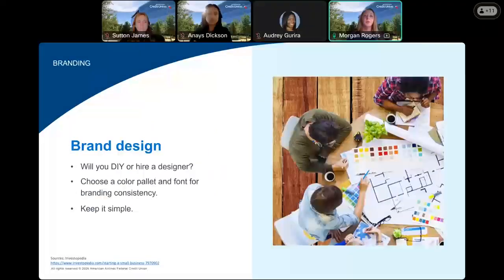All right, let's move along to branding. This next step we will talk about is not really legally required to start your small business, but it is important to consider what branding design you will select for your business. Branding means a lot of different things, but start with considering the visual design for your business, similar to a logo. Consider the colors and fonts that you would like to use for overall feel.